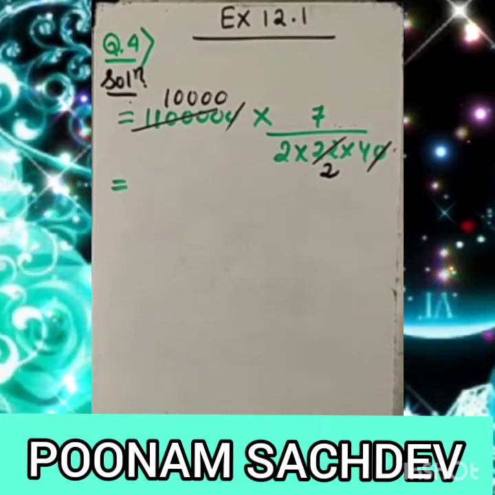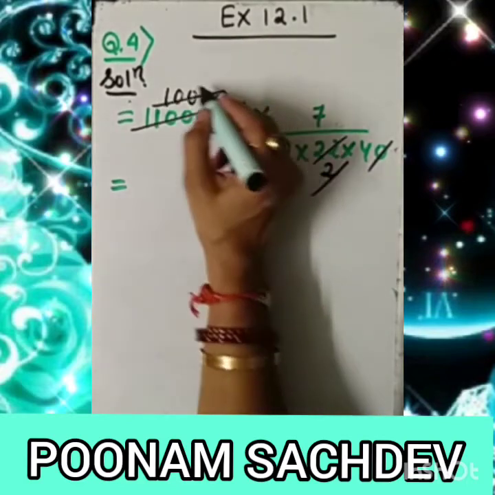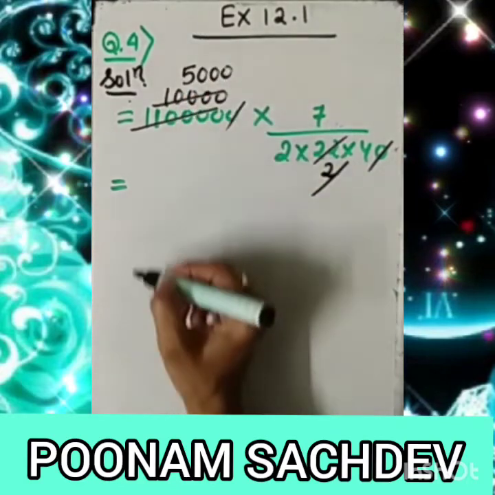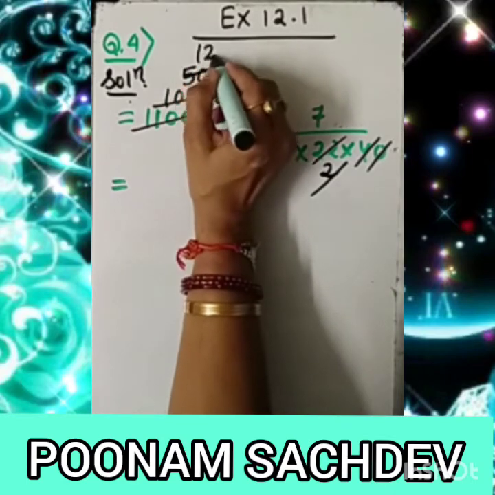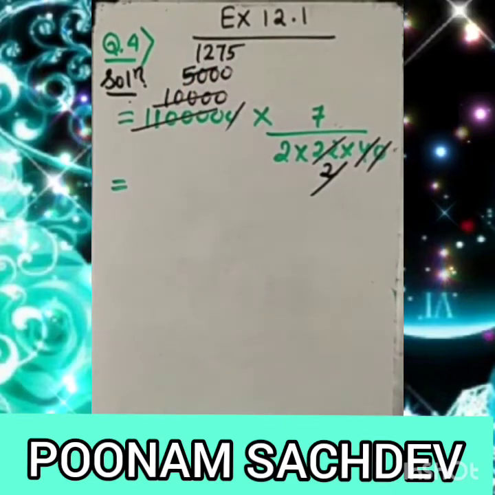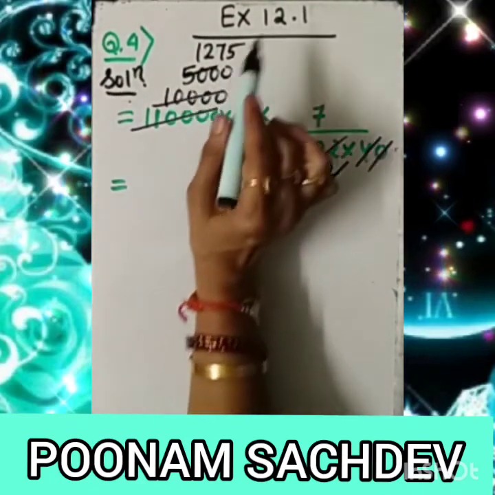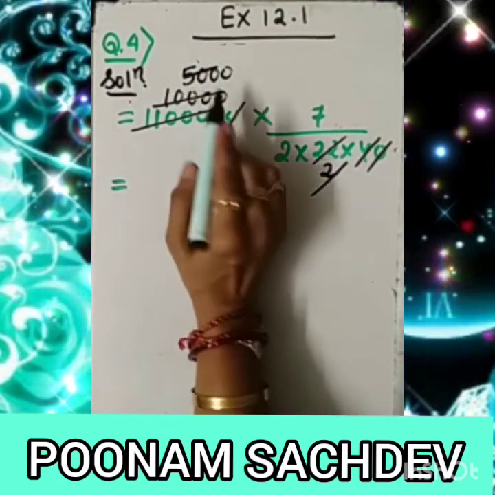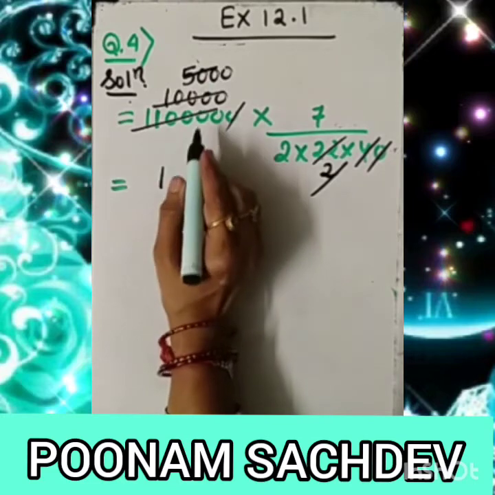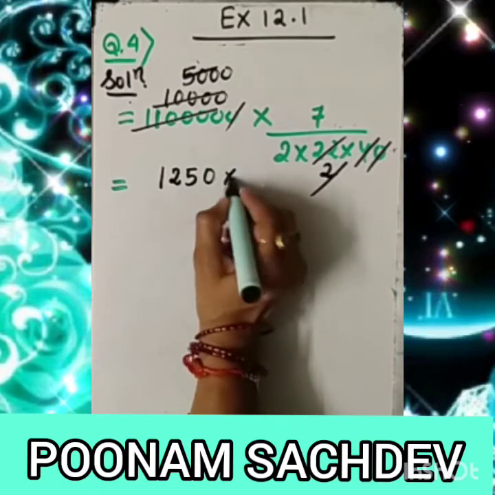Beside this, you can see here 4 is there. Okay, if I first divide with 2, then half of 10,000 is 5,000. Half of 5,000, the fourth part of this, will give 1275. If you divide it with this and now multiply this with this, I think it will be 1275 or something. If we divide it by 4, then what will it give? 4 ones are 4, 10, 4 twos are 8, 20, 4 fives are 20, 125 into 7.